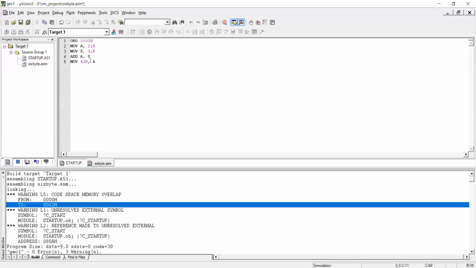The addition result will be stored in the accumulator, and if there is any carry because of this addition, the carry bit will be set to 1. The result of the lower byte addition I will store in memory location 42H.